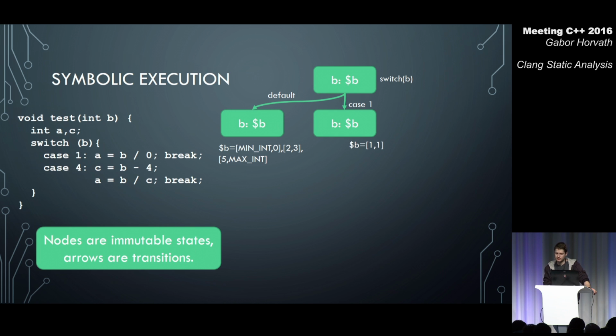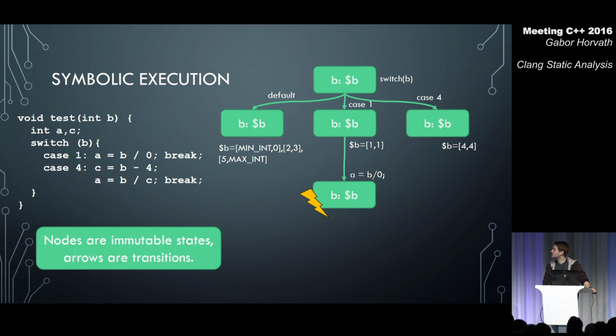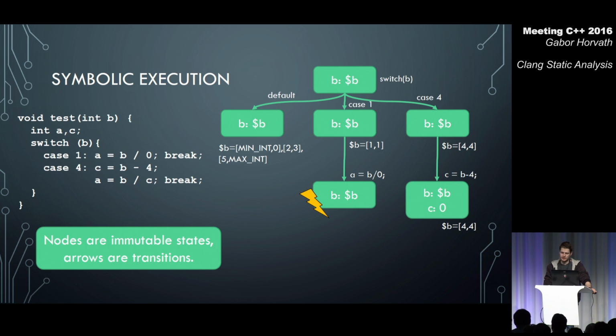There is a case where the value of b is known to be 1, and in this case, we can very easily detect the division by 0 error. And the most interesting case in this example, when we know that exactly the value of b, the symbol, must be 4, therefore, we can compute that the value of c must be 0, so we can catch the division